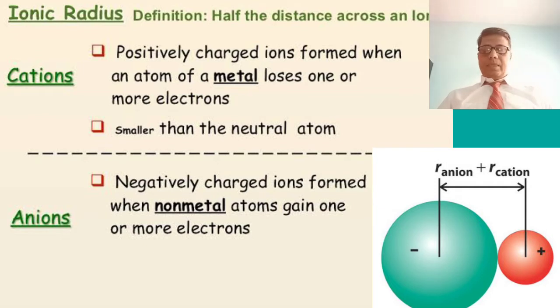So anion is formed with gain of one or more electrons and cations are formed on removal of one or more electrons. Measurement of distance between neighboring cations and anions in ionic crystals has been useful for estimation of ionic radii. So simply, what is the definition of ionic radii? It is the distance between neighboring cations or anions